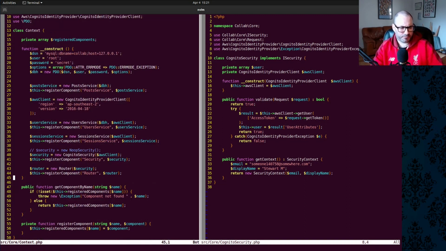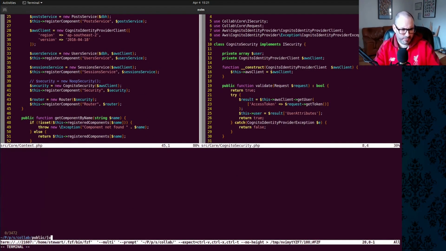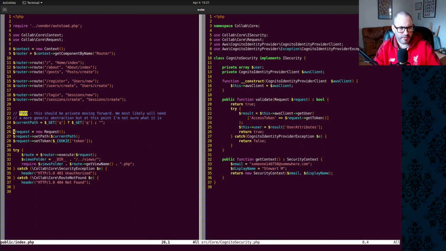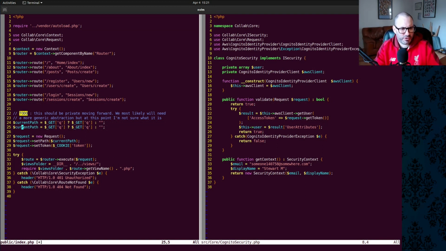Now, the way I'm handling this with the get parameter is I'm just passing an empty string. I don't really like this approach, but given the length of this video already, we will run with scissors